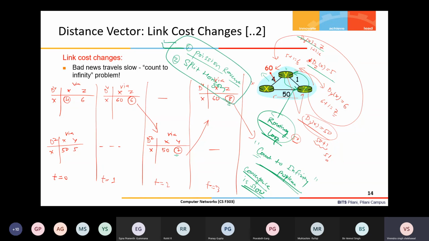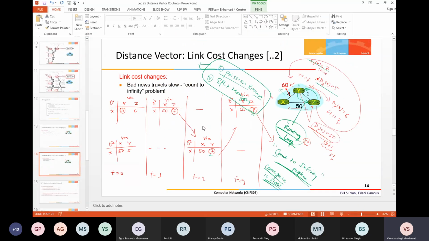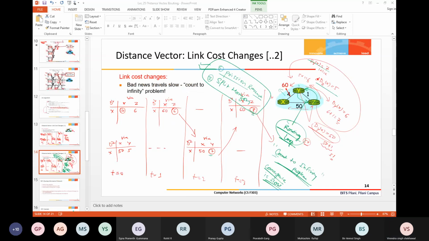But before that, I want you to think over how this can be avoided. What is the root cause of this problem? And is there any way to come out of this, and not enter into this in the first place? Okay, so with this, I stop here, and we'll continue in the next class. Let me know if you have any questions related to this.